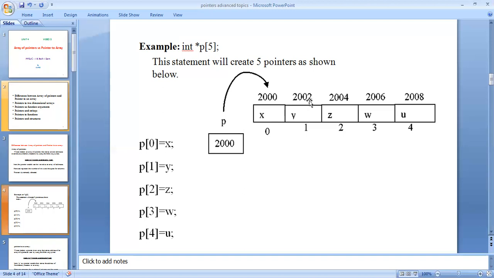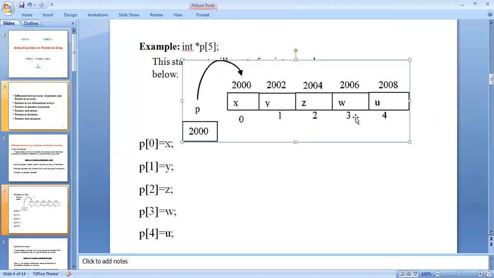Each byte is divided into 8 bits, 1 byte equals 8 bits, so 16 bits of memory storage are allocated to y. Similarly for z, w, and v: z is at 2004, w is at 2006, and v is at 2008.